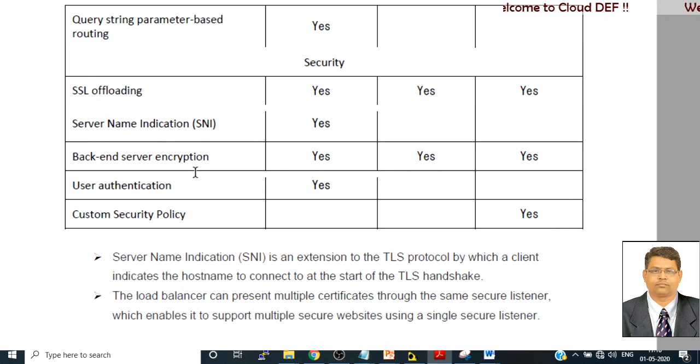Security: SSL offloading. Server name indication, SNI. Backend server encryption. User authentication. Custom security policy. Server name indication, SNI, is an extension to the TLS protocol by which a client indicates